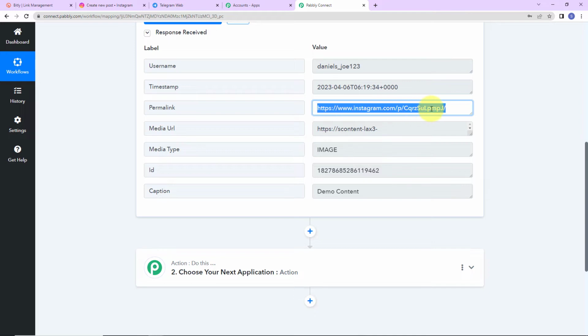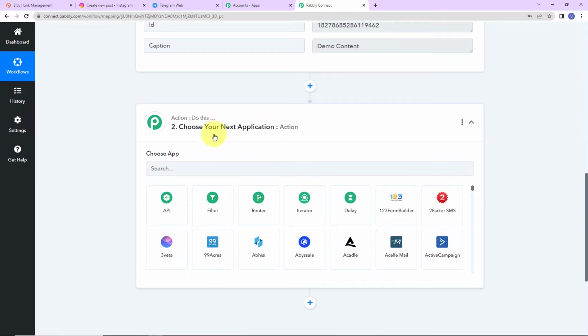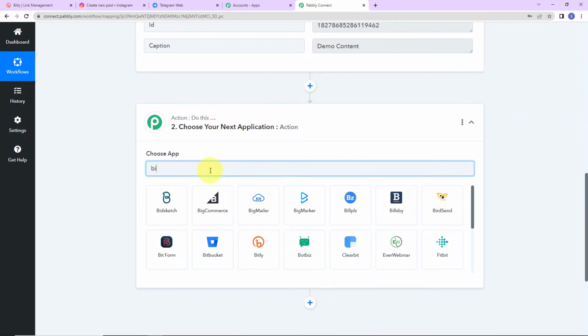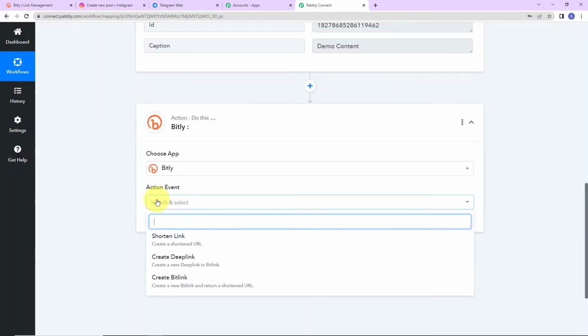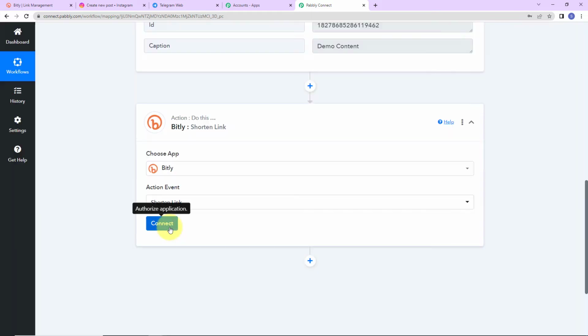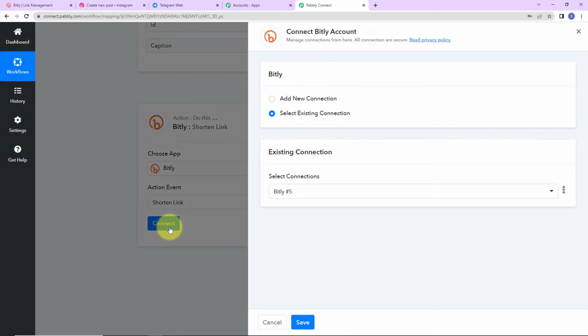I want to shorten this link. For this, I'm going to choose an action application which is Bitly. So let's click on this. And here the action event would be to shorten the link. Let's click on connect. As I do that, here again Pabbly Connect is asking to connect itself with the Bitly